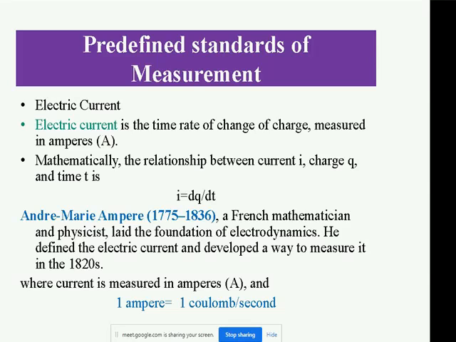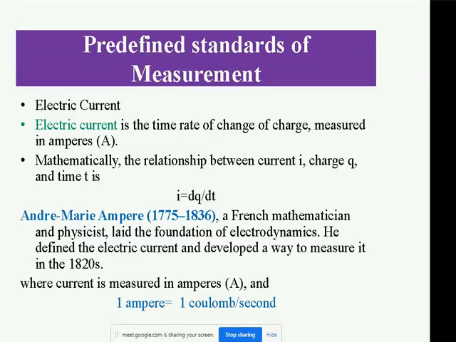And another very important term that we know about is electric current. The electric current is the rate of change of charge, and the rate of change of charge is known as Q by T, meaning the charge is changing. So the equation will be I equals dQ by dt. The name comes from Andre Marie Ampere, who founded the electric current. So by his name Ampere, A-M-P-E-R-E, the unit of the current is ampere, and the A is always capital because the small a is denoted for acceleration, and the current is measured in ampere.